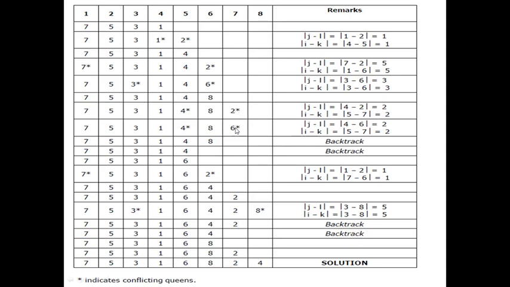In this case you have placed the queens up to the sixth row, and you are not getting a position in the seventh row. Then naturally what we have to do is go back and rearrange the placement, and this is actually backtracking. And this backtracking will give you like this 4.